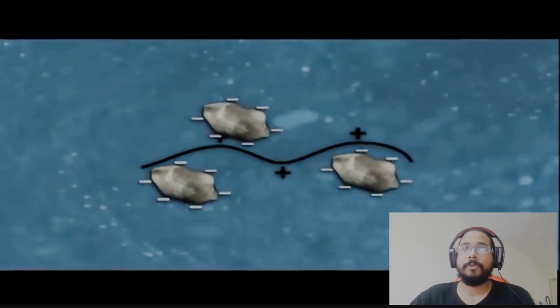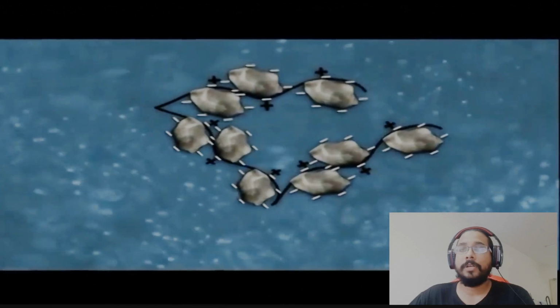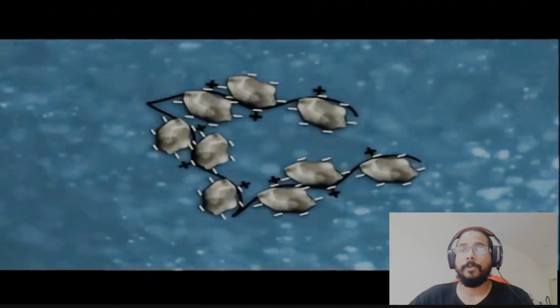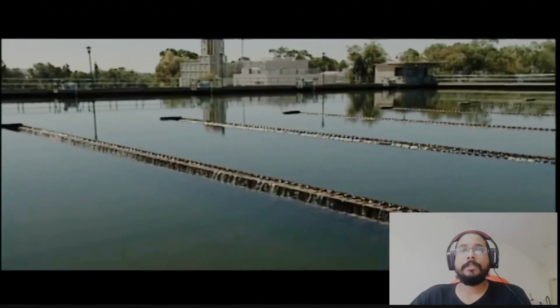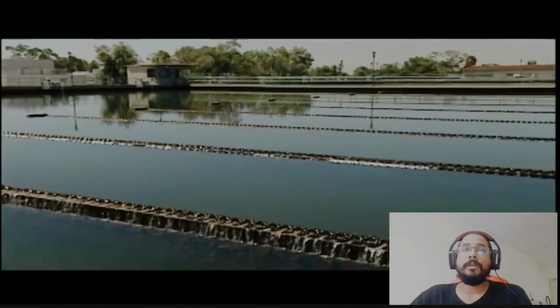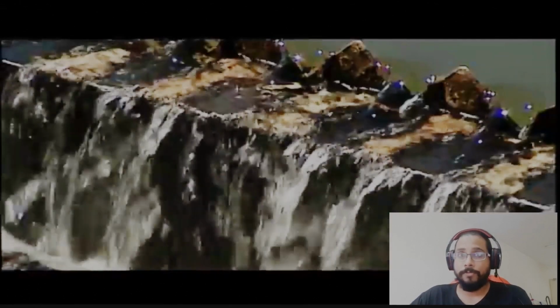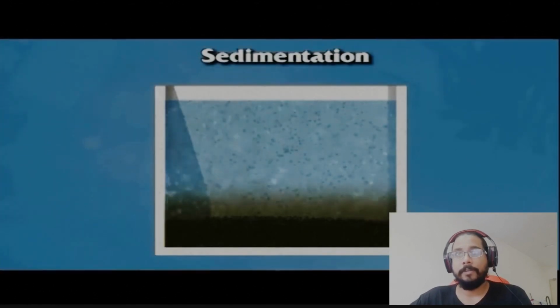Step 3 is flocculation, which is mixing and agitation of coagulated water to increase the collision between particles to form flocks, which will stick together and after becoming bigger in size will sink to the bottom. Step 4 is sedimentation, which is removing solid particles heavier than water using gravity. Sedimentation will be done with low flow and minimal turbulence so that denser particles have enough time to sink to